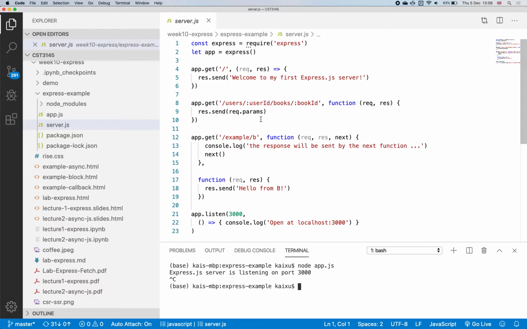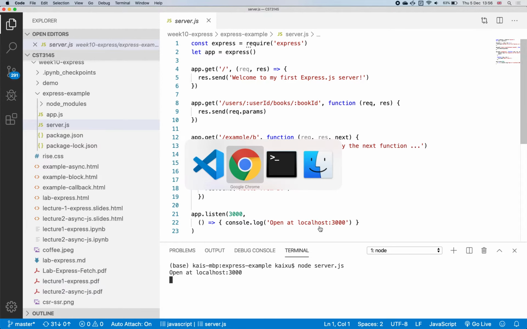So if we do this, now we're starting the server. This file is called server.js, so I just type in node server.js. And it says open at localhost 3000. That's because of what this line says here. Okay, now if I go to my browser,